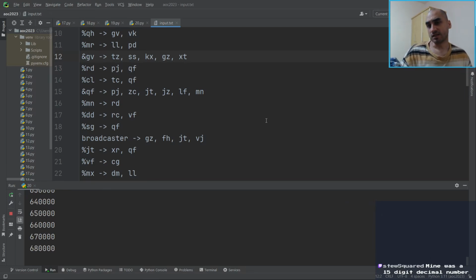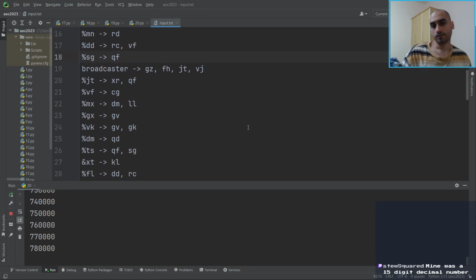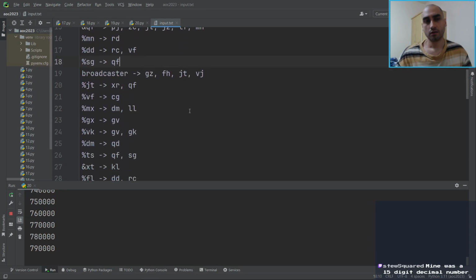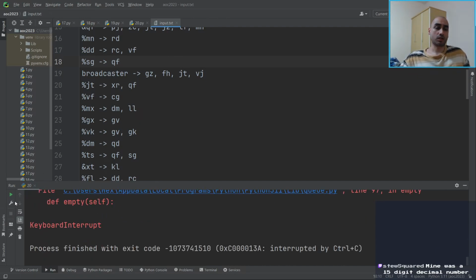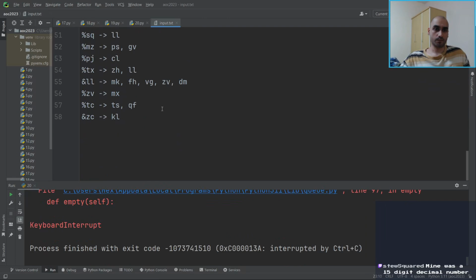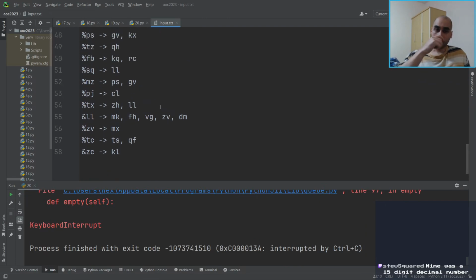Mine was a 15-digit decimal number. That's, yeah, in the quadrillions. Interesting. Alright, there's no point running this. We know that it's gonna take a long time. So how do we go about this? Either we try to spot patterns in the